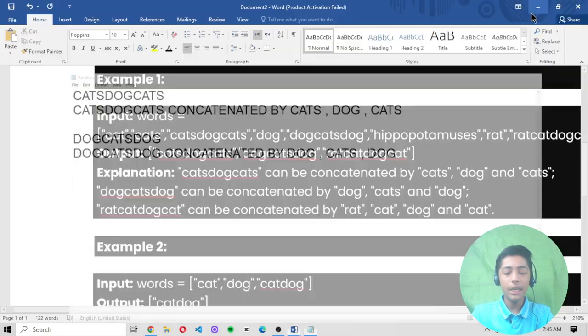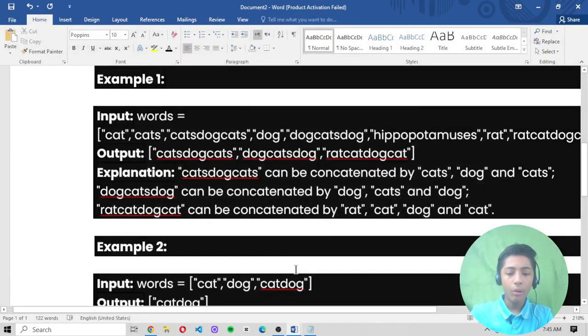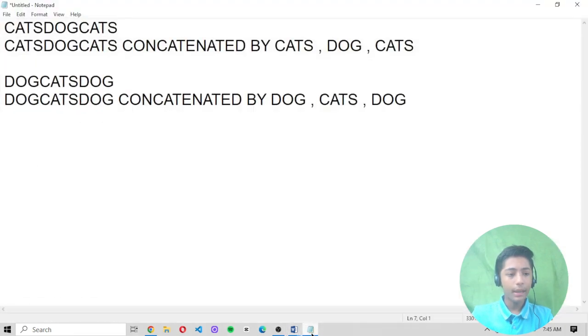So let's see our third one. The third one is rat, cat, dog, cat. Why is this output coming?